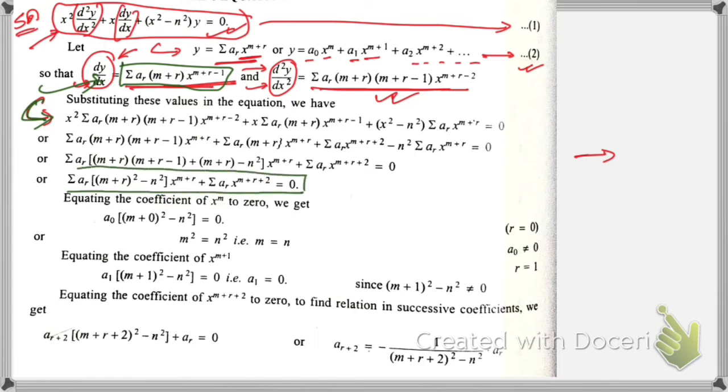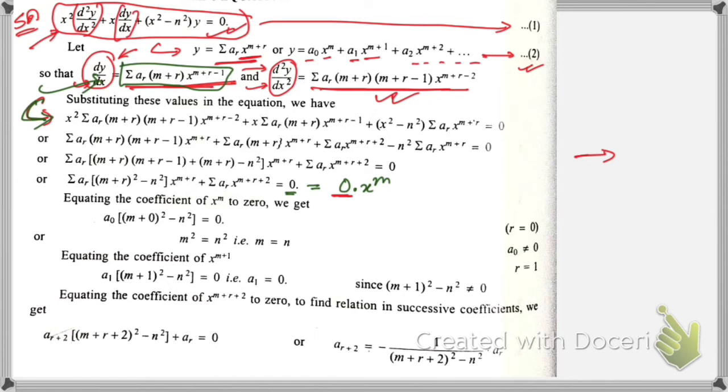So once you get this result after simplification, now equating the coefficients of x to the power m to 0, we get, that means here you see this right hand side is 0, right? This right hand side of this equation is 0. You can consider this 0 as 0 into x to the power m. So if you equate the coefficients on both sides of this equation, 0 and the coefficient of x to the